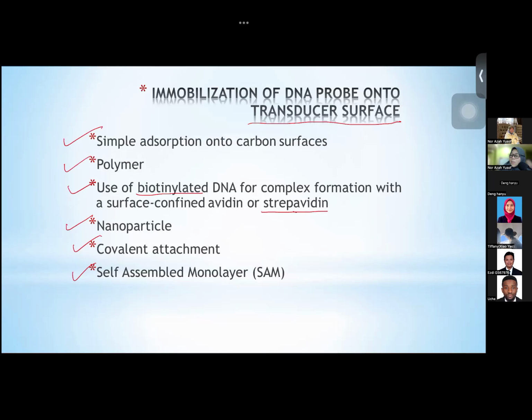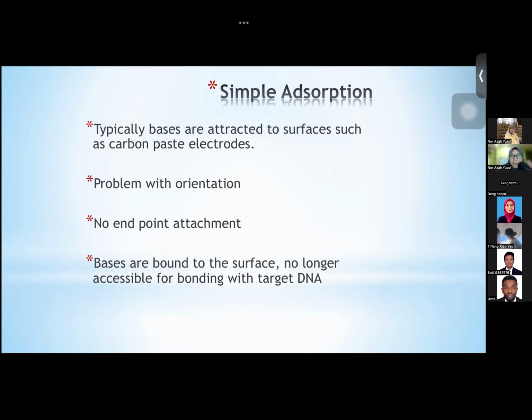The first strategy is simple adsorption, and usually this is using a carbon surface. It's not necessarily electrodes, but it can be optical, it can be other types of transducers. Since carbon is very absorptive, its capability in absorption is very high, we can just incubate the bioreceptors or the chemical receptors in a solution, and then we put the carbon, whether it's electrodes or optical, and they can naturally adsorb